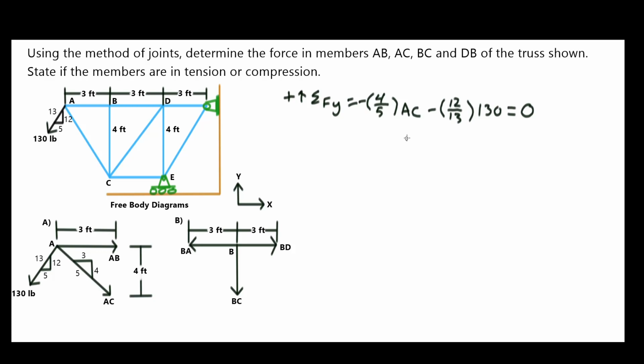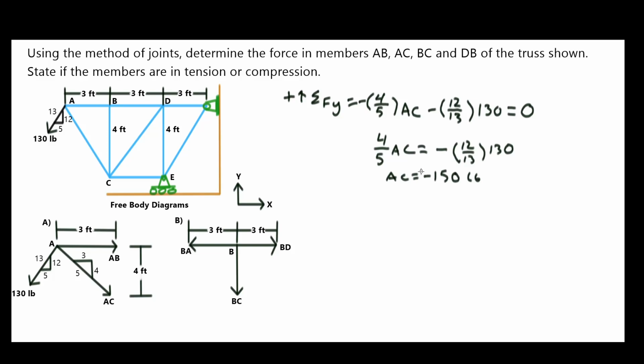Now we can just isolate our variable to one side and then solve. So we end up getting 4/5 AC is equal to negative 12/13 times 130. And then AC ends up being a negative value. AC is equal to negative 150